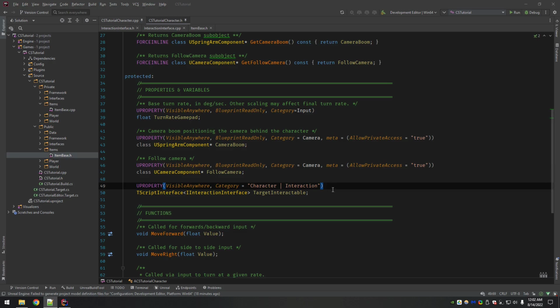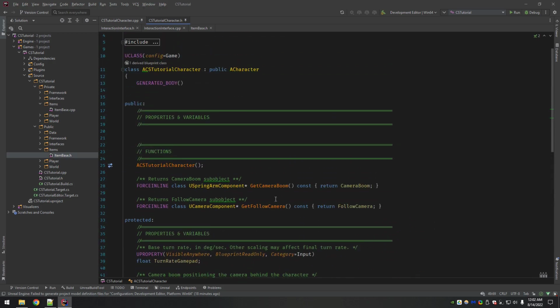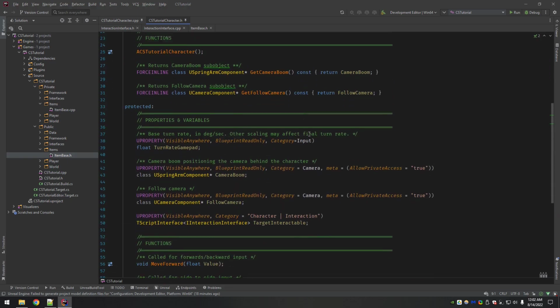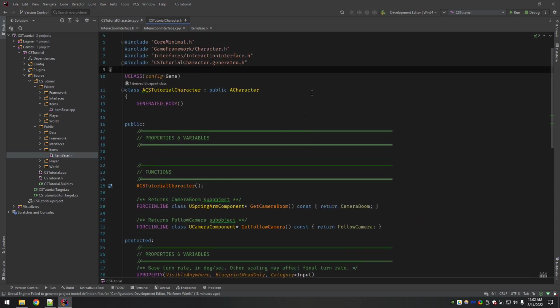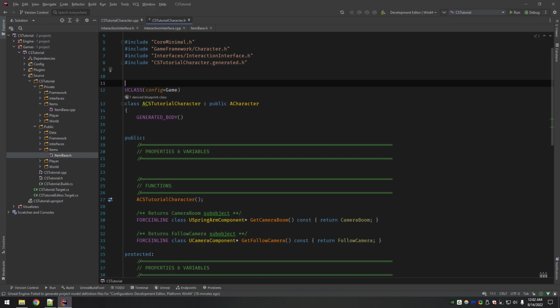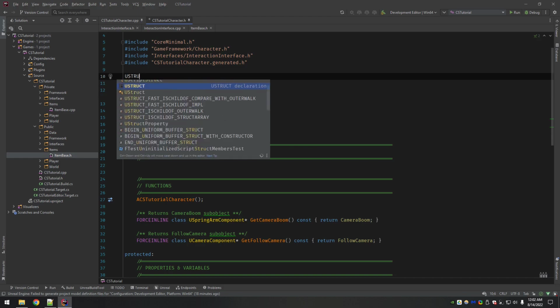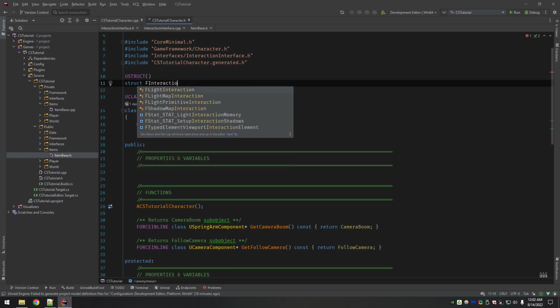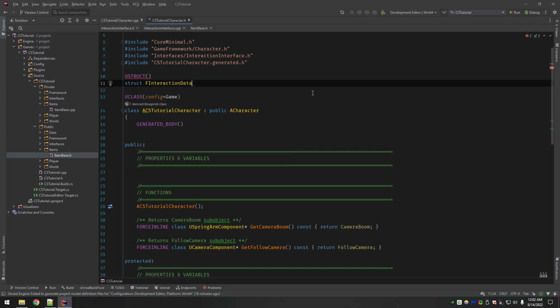Okay, so to go along with the interaction, I built a little struct that will carry a few crucial pieces, and it doesn't have to be a struct, they can be separate, but this way I thought, it's bundled together. It's called FInteractionData. And this is different from interactable data, right? Interactable is like an object or an actor that we're going to interact with.